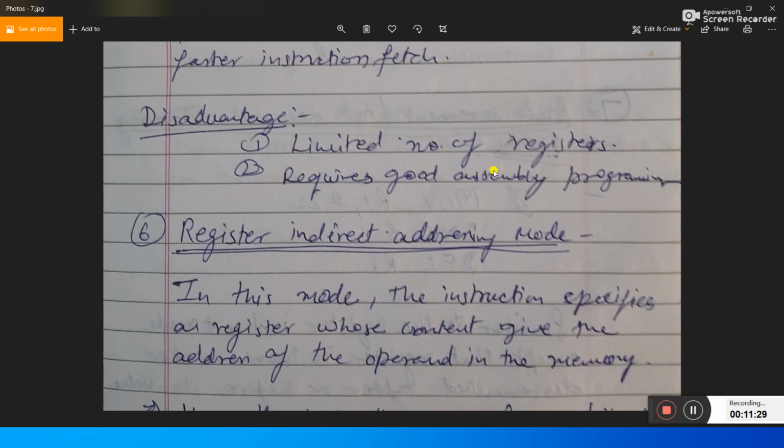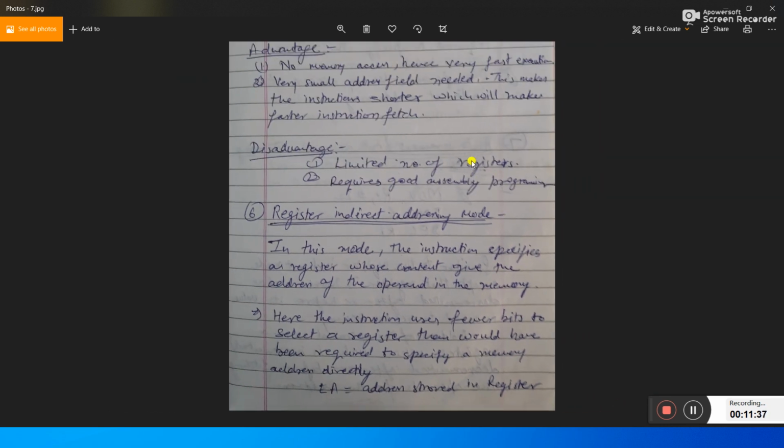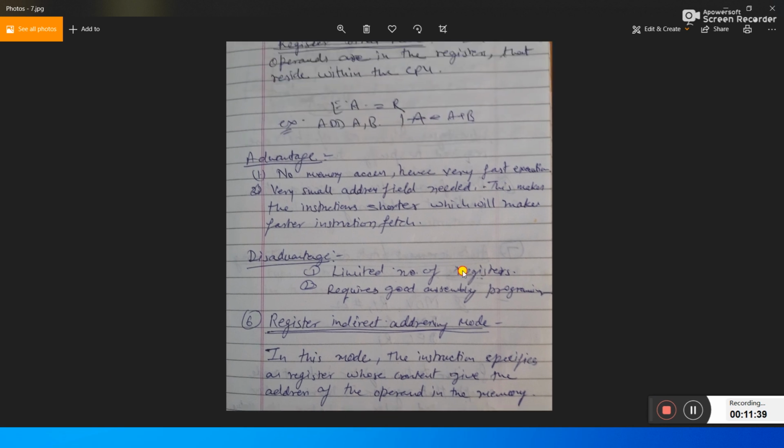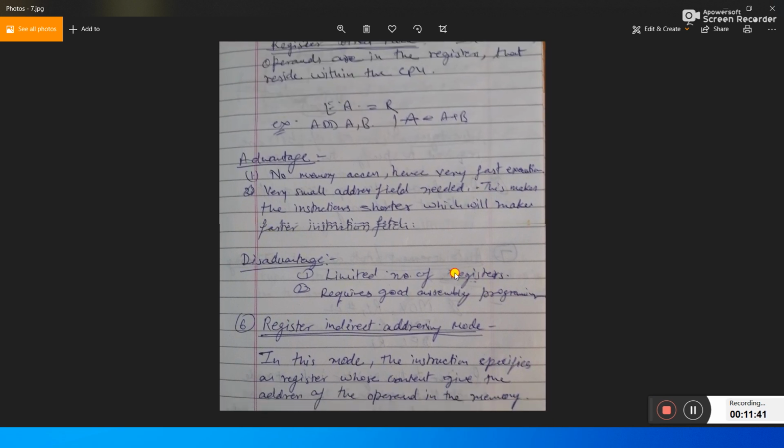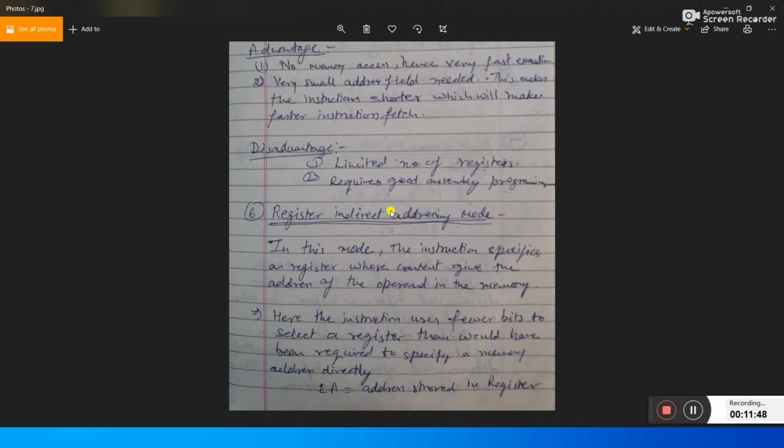The disadvantage is that a limited number of registers are required, so good assembly programming is needed. Because we have a limited number of registers in the CPU, we cannot use it frequently.